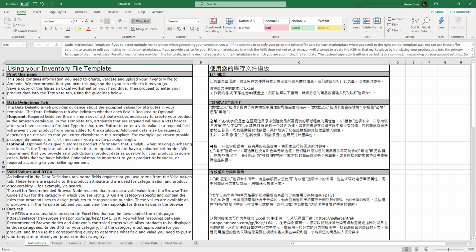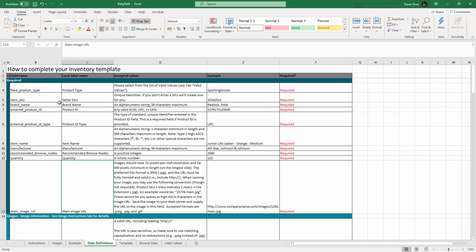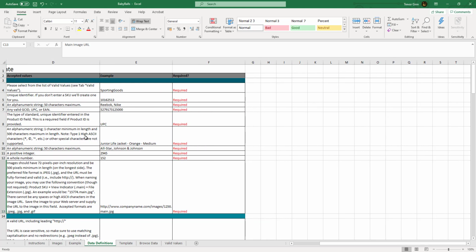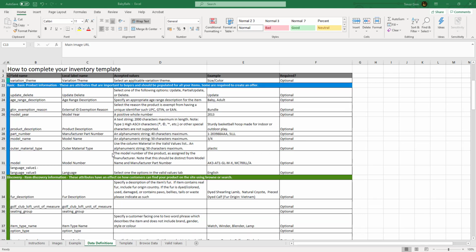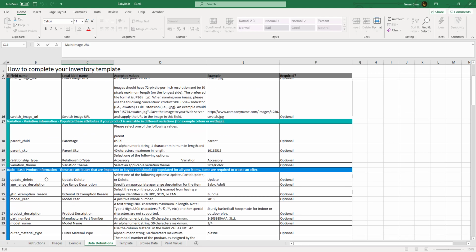Once you have downloaded your inventory template, it needs to be completed. The first thing to note is that within the Amazon template, there are some required fields and some optional fields. The required fields tend to be the really vital information like the SKU and the brand name and the quantity. The optional fields contain some really quite important information such as product description and bullet points, but also